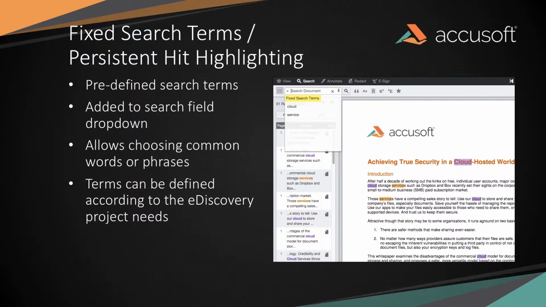So the next item is fixed search terms. Developers are now able to specify that certain predefined search terms are fixed in the search field dropdown. These search items are visible in the search list, but they can't be modified by the user. The search items will always remain highlighted whenever the document's opened, and they can't be turned off even when other searches are initiated. However, you can turn them on and off using the filter,